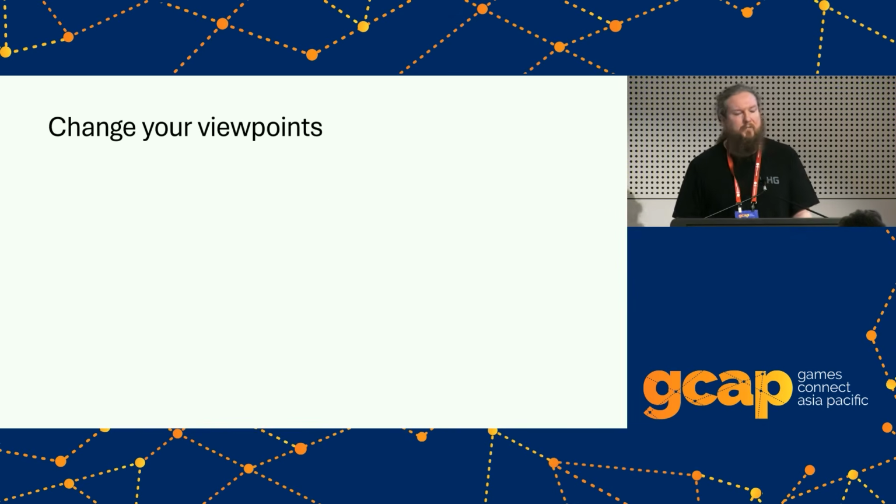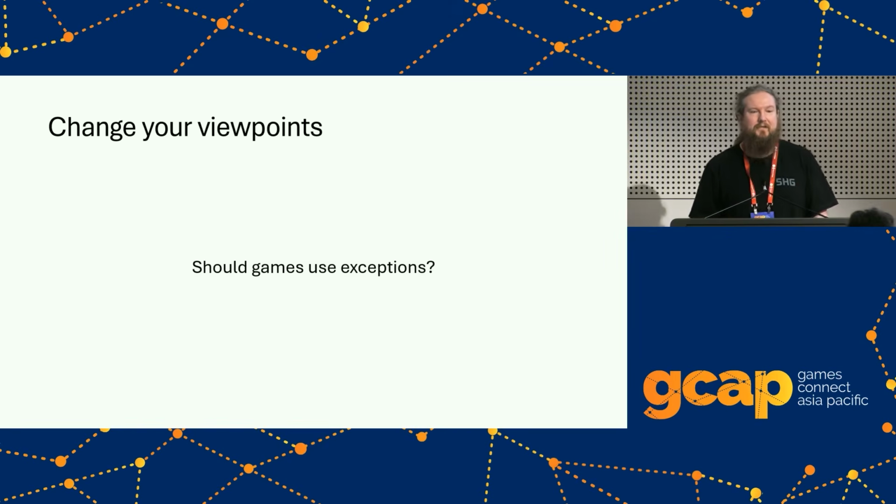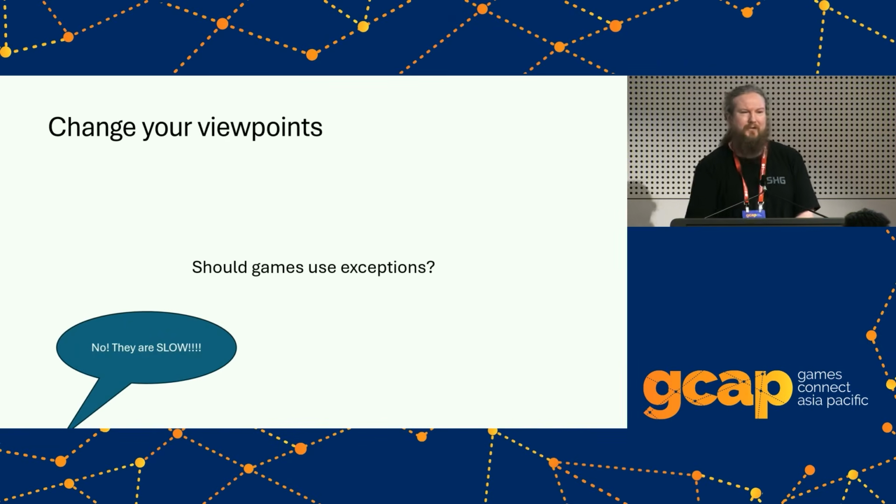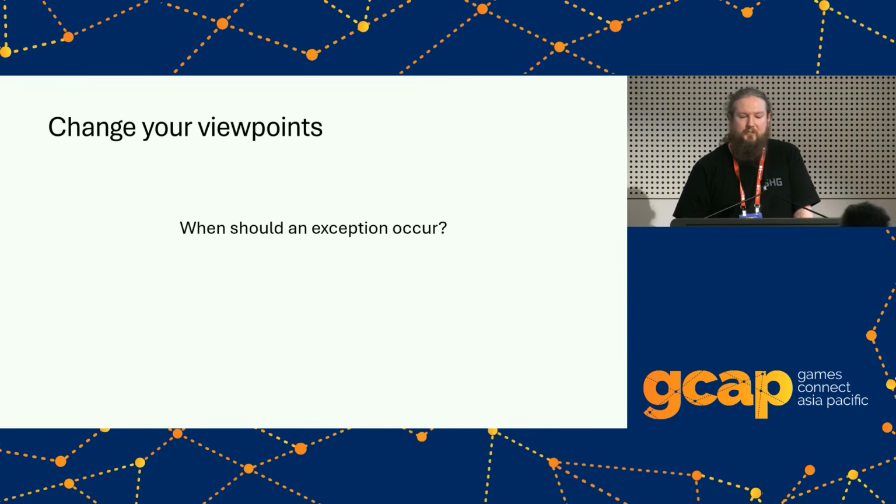Then I also want to promote people changing their viewpoints. This is a little bit off the track of assembly. I was thinking, what's a viewpoint that a lot of people have that I could potentially use to get people thinking outside of the box? And one thing that I came up with is exceptions. I'm sure many people here have a dislike of exceptions. I'm sure one of the things someone's thinking in their head is, no, they are slow, do not use exceptions, get them out of here. And I think that is the case only when we're actually throwing an exception. But if we're not throwing that exception, it's not slow at all. It's potentially faster.